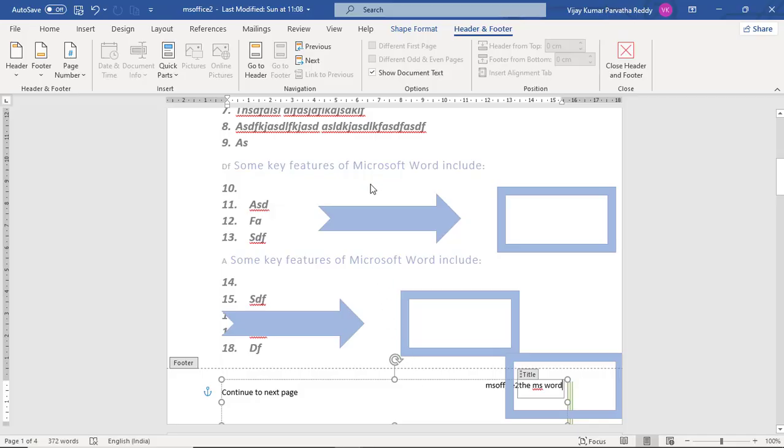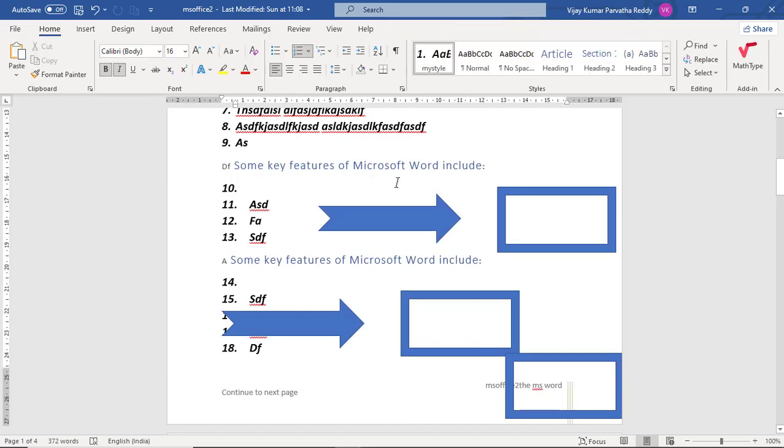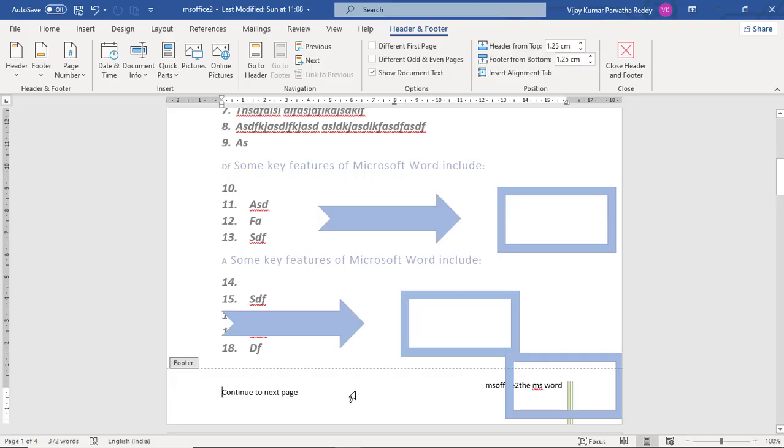And if you double click on the main area, automatically the header and footer bar disappears, the tab disappears. And if you double click on the footer section or header section, again the header and footer tab will come and you can do some more work with that.